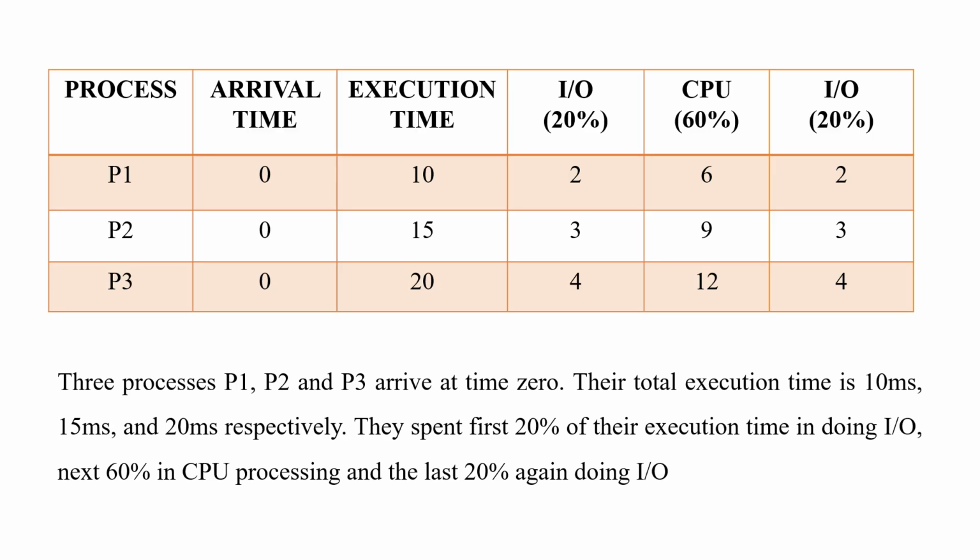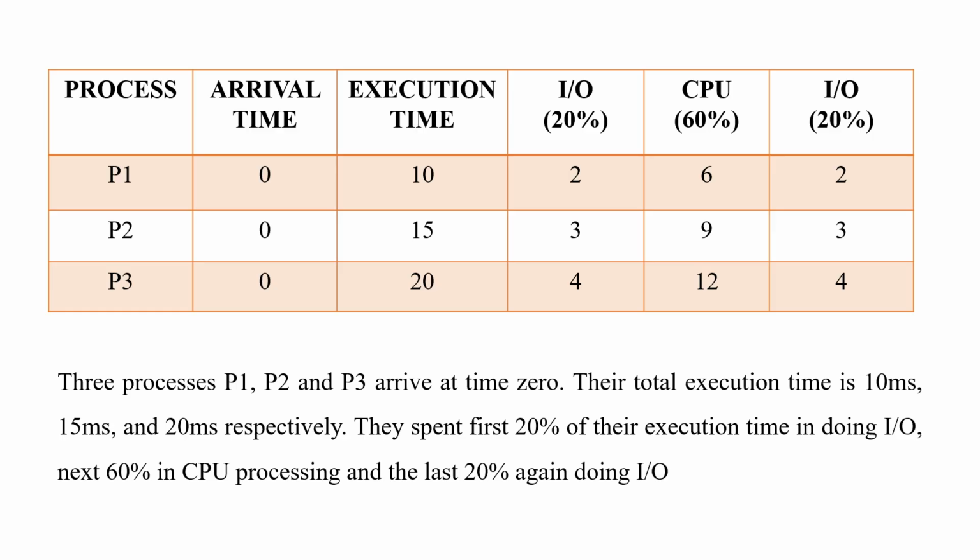We have P1, P2, P3, three processes. They are arriving at 0, so the arrival time is 0 here. The execution times are 10, 15, 20, and 20% means 20% of 10 is 2, of 15 is 3, of 20 is 4. And like that, for 60%, I have